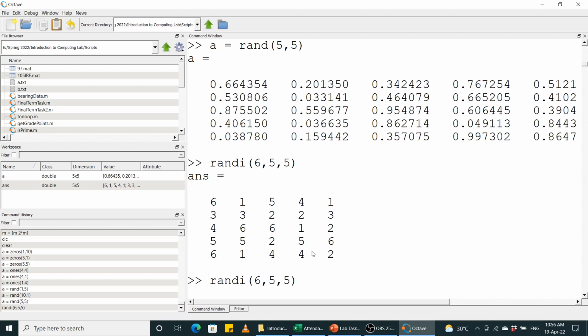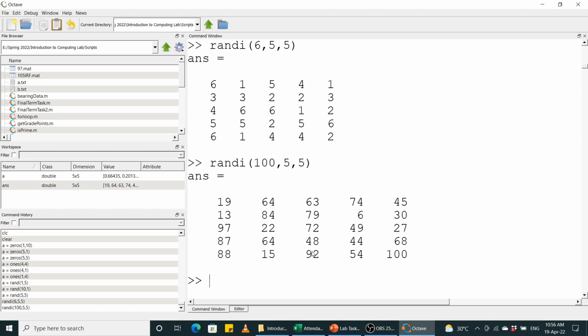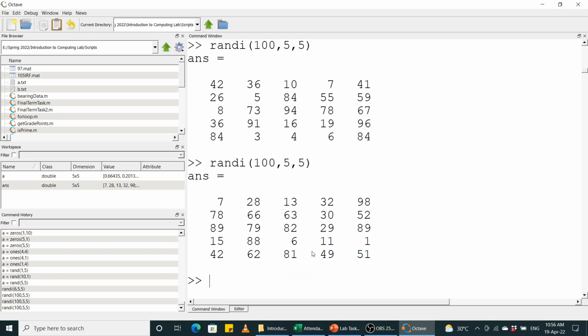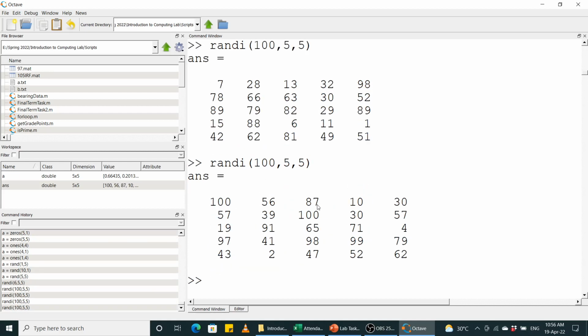अच्छा, अगर आपको फॉर एग्जांपल हमें 100 तक की वैल्यूज चाहिए, ठीक है, सो यू कैन स्पेसिफाई द मैक्सिमम वैल्यू 100, सो 1 से लेके 100 तक की वैल्यूज आपको जनरेट होंगी। इस फंक्शन को आप जब भी एग्जीक्यूट करेंगे आपको नई वैल्यूज मिलेंगी, आउटपुट वुड ऑलवेज बी डिफरेंट, ठीक है। लेकिन वो 100 से कम होंगी, मैक्सिमम वैल्यू वुड बी बिटवीन 1 and 100 और डायमेंशन उसके 5 by 5 होंगे, लेकिन वैल्यूज हमेशा मुख्तलिफ होंगी, ठीक है। ये जो कॉम्बिनेशन है 25 वैल्यूज का, ये कभी रिपीट नहीं होगा थियोरेटिकली, ठीक है।